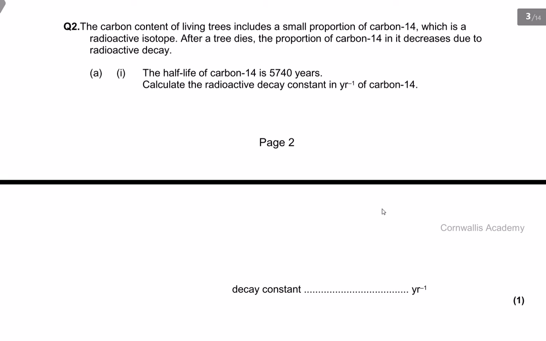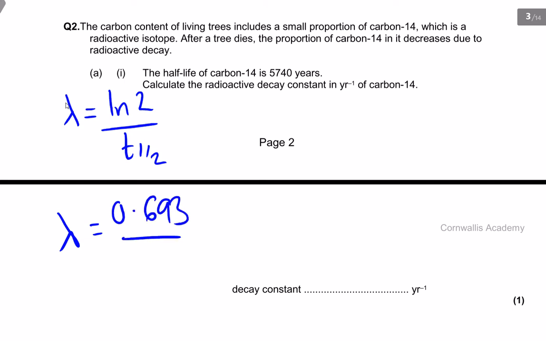Calculate the radioactive decay constant in years to the minus 1 of carbon-14. This is quite straightforward. This is using the lambda. So, the decay constant is ln2 divided by t half. So we can literally just chuck those numbers in there, and then we come out with a decay constant equal to